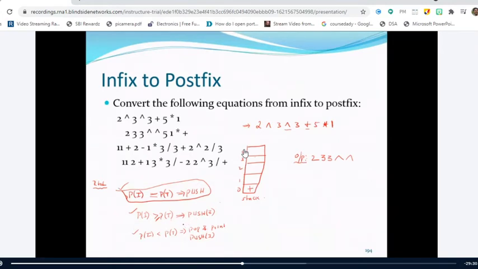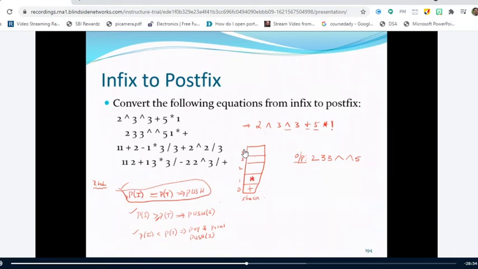This is where we get some modifications to the algorithm when compared to that of left to right associative operators and right to left associative. Right? So it is less than or equal to in the left to right, and it is greater than or equal to in the right to left. Now coming back to our problem again, we have 5 here. Since it is an operand, you place it in the output, and then star, compare the precedence of star with precedence of plus. Since precedence of star is greater than plus, you have to perform the push operation.